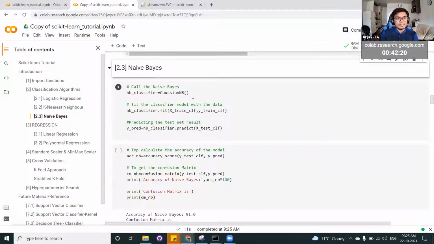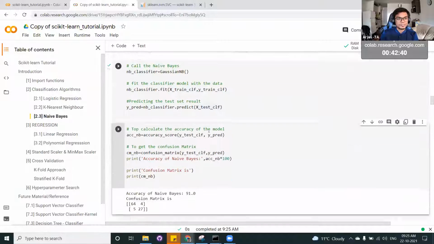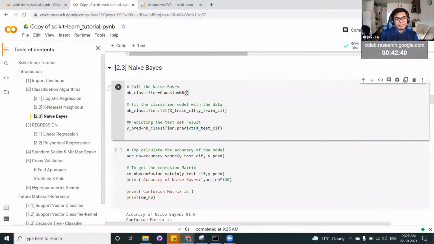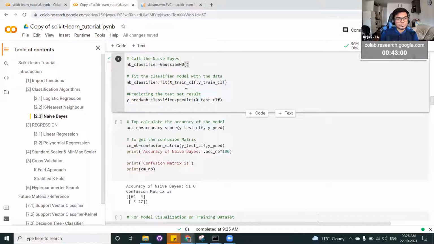So the next model that we will be seeing is Gaussian naive Bayes, and similarly you'll feel it's so easy to implement within one line: just call the function, fit it with X train and Y train, and then get the predictions. Now, if you have any doubt about what we need to give in the parentheses, you can just keep the cursor on top of it. You can see we can use priors, and the variance smoothing can be a very small value. Even those are hyperparameters that you can tweak to get better performance from the model.